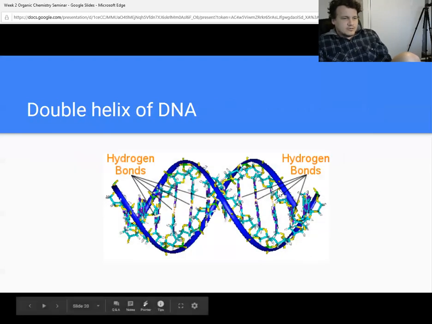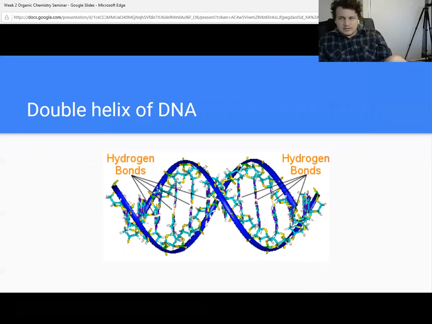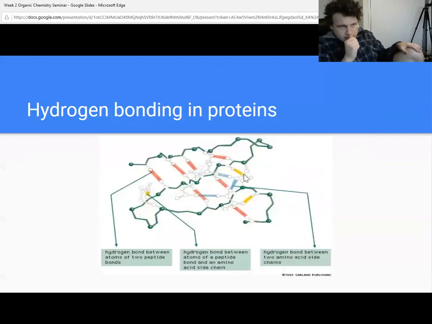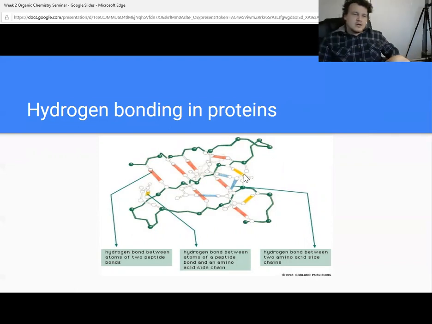So you can see here, you have the double backbone and the amino bonds between nucleic acids, which then produce a hydrogen bond with the corresponding side. There's a hydrogen on one side and an oxygen on one side, and they come together. So in proteins, the protein folds in such a way